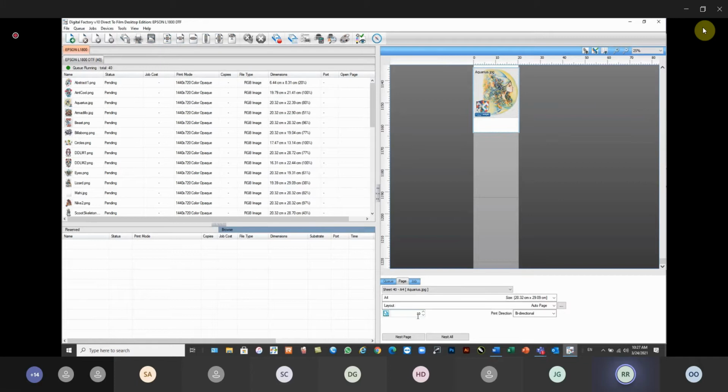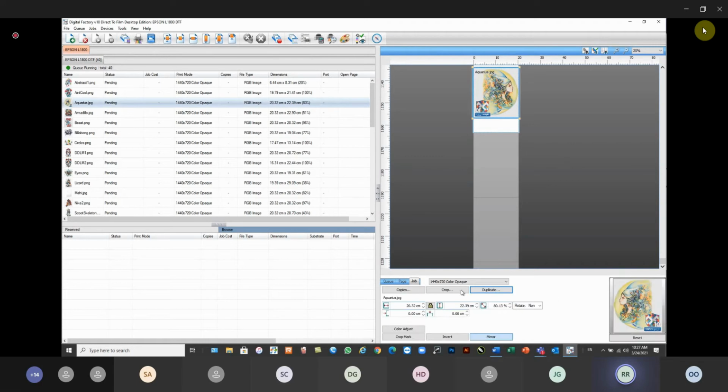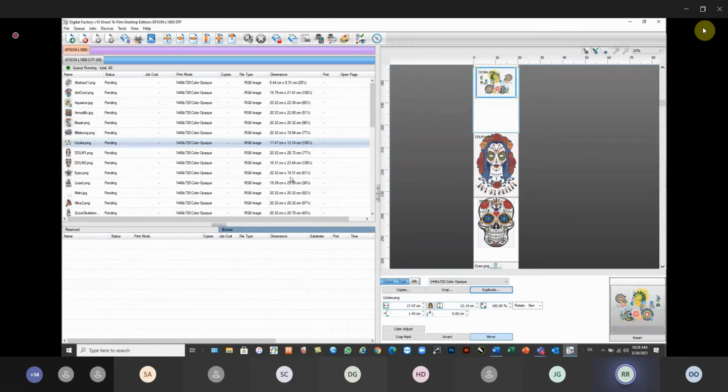Okay, so it's going to print one file, which is going to be a smaller rip file, using less resources, and it's just going to basically reprint that job. Okay, if we duplicate, it's going to rip and print each job as an individual file. Okay, another feature we have is